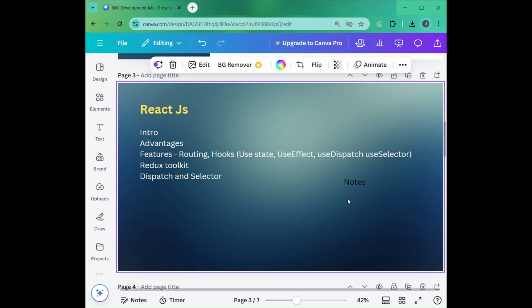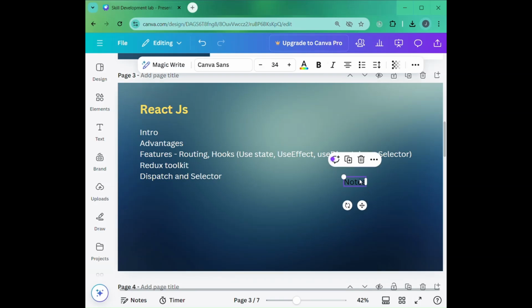Okay, so we have seen till now the basic introduction of the React.js library. So what are the main advantages of using React.js instead of others? It is easy to learn, first thing. Okay, and